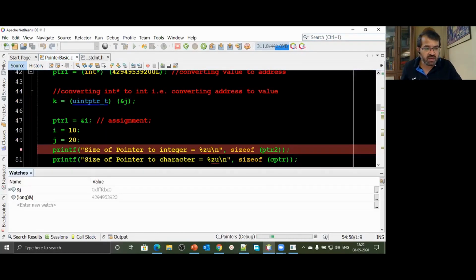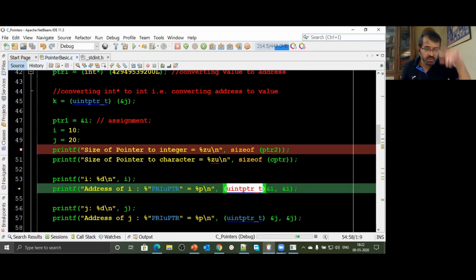So if I do that, it will go into conversion, even implicit conversion. It will convert and give you some value, which may not be right, at times negative also. Remember, if you go beyond the largest integer, we go into the negative value, it will go into a cycle. So there is loss of data that can happen. C allows you to convert anything to anything, but loss of data can happen.